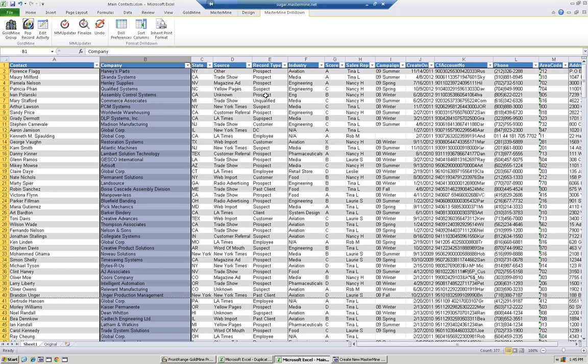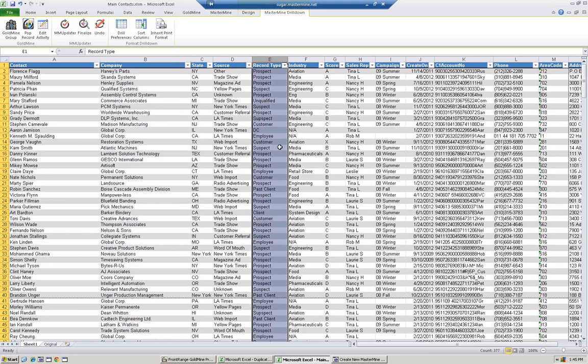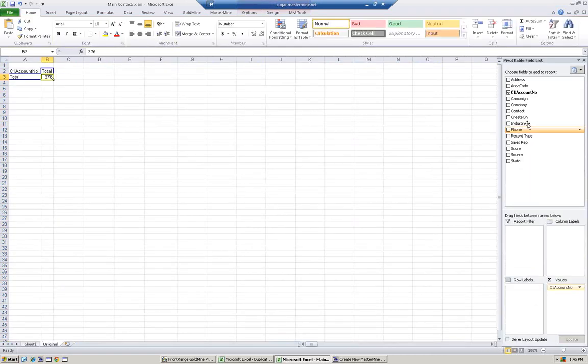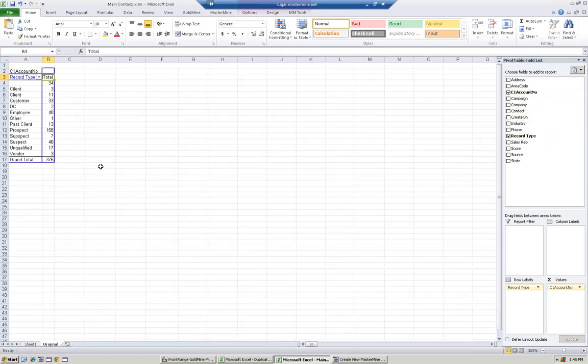Because remember we were talking about the record type field, where I've got clients and customers and so on, various ways of saying client or customer. We really want to search through here and find all the ones that say client and replace those with the word customer. I'll do that with some of these. Now here's a good example of needing to assess it in advance first. I want to know what are actually all the varieties of client or customer that I have in here. As it turns out, I've got some misspellings of client. I've got customer, I've got past client and past customer in here, but really I want all of these to be the same in my GoldMine database